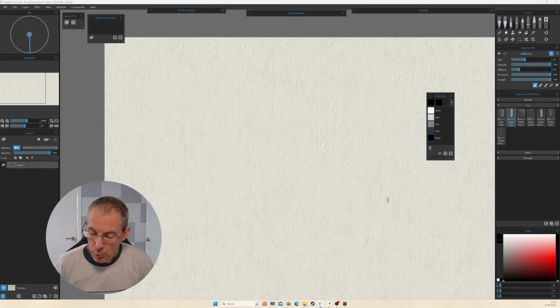So the next thing that I want to set up is a brush to use, and what I want to make sure is I'm using a brush that is relatively flat in tone. So I don't want something that's going to be very blendy, something that's going to have a lot of opacity in it. So a good candidate for this is within the Express oils, there's a dry knife,